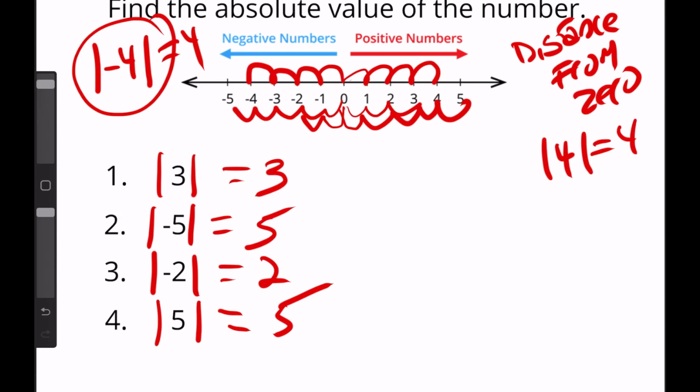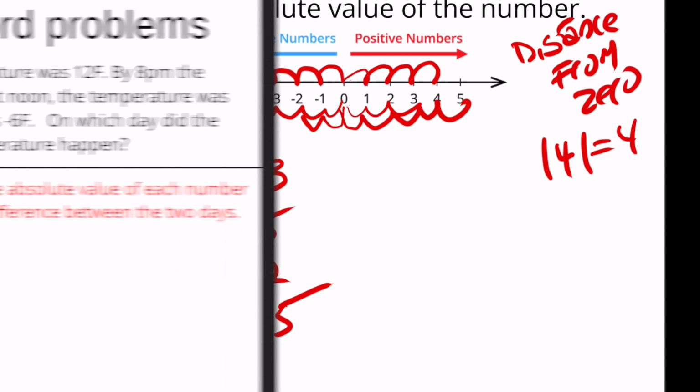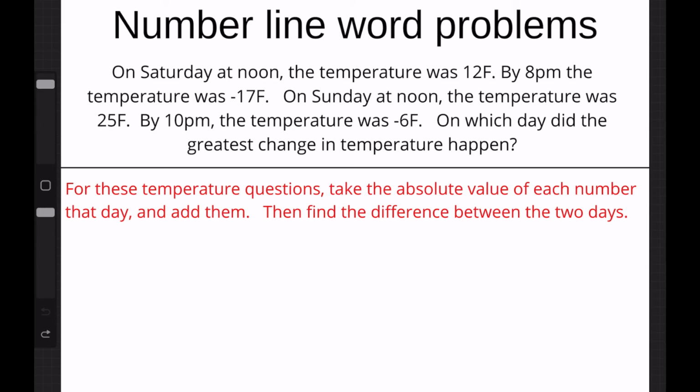How'd you do on that? That one's pretty simple. You're going to need it on the next question. Let's see what that's all about. All right, the last question on this review is going to be a number line word problem. Don't you just love these number line word problems? I know, me either. On Saturday at noon, the temperature was 12